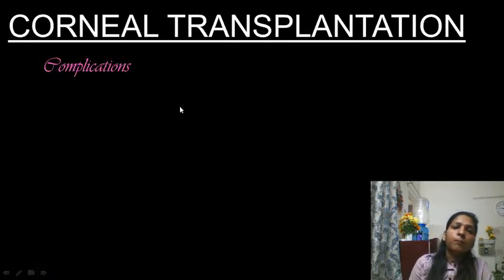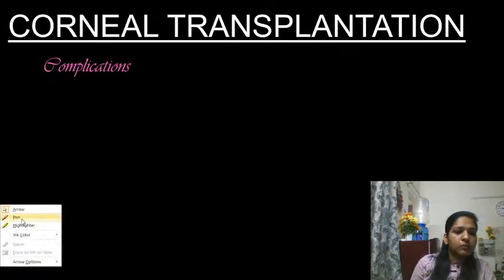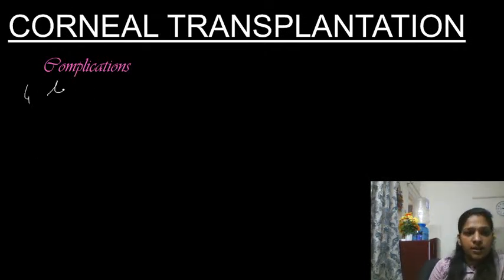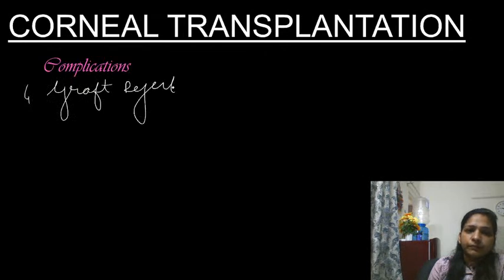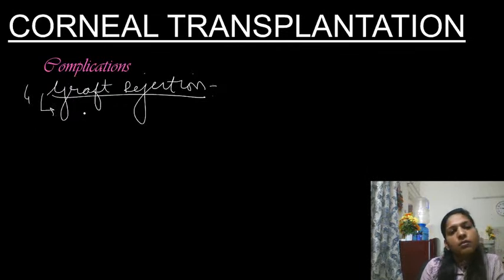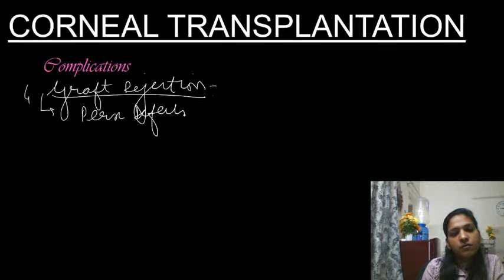now what are the complications of the corneal transplantation? Okay, first and foremost is the graft rejection. If there occurs graft rejection in the cornea, cornea will be compromised and it will not serve its purpose, and that condition is known as graft rejection. Okay, persistent epithelial defects. Okay, glaucoma can occur,